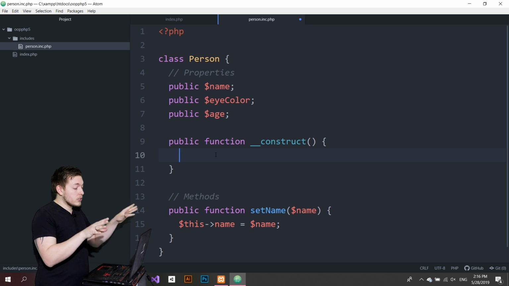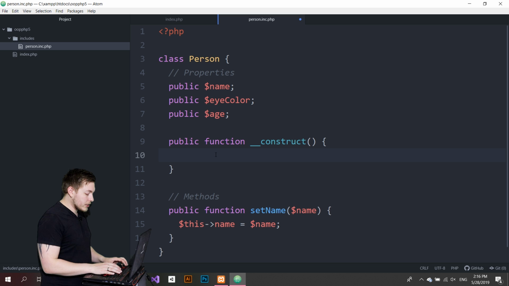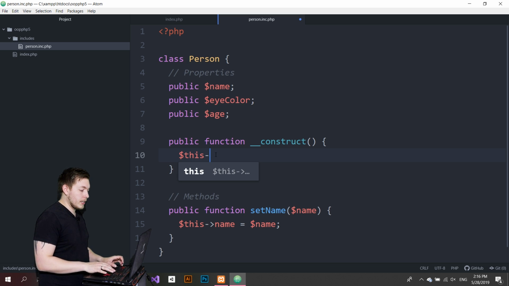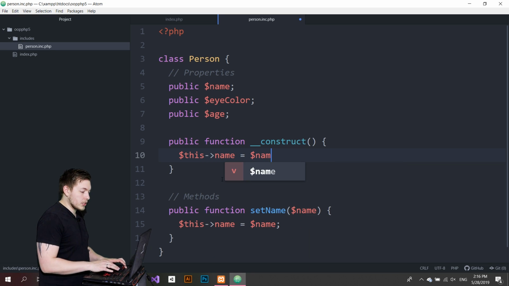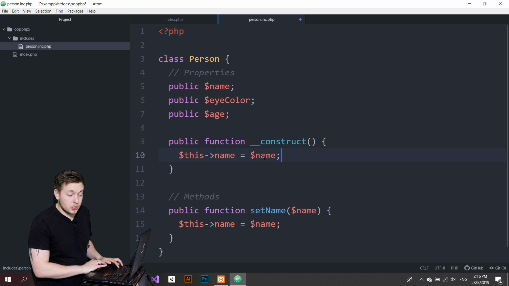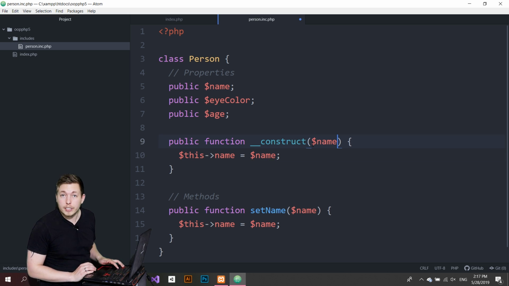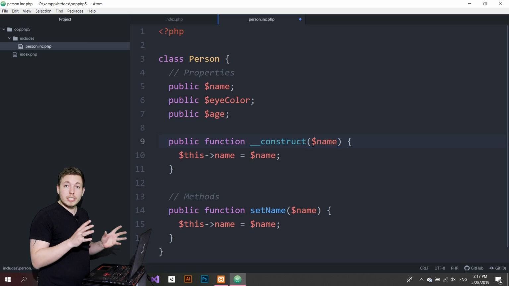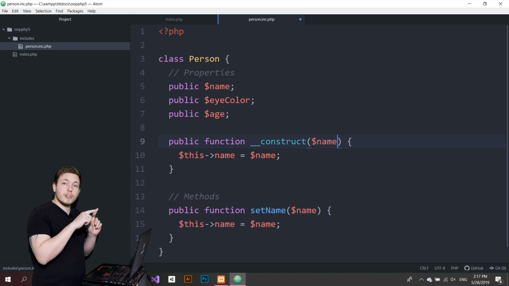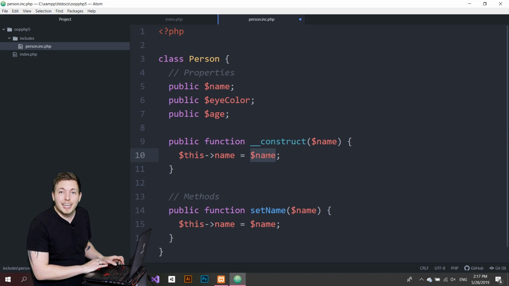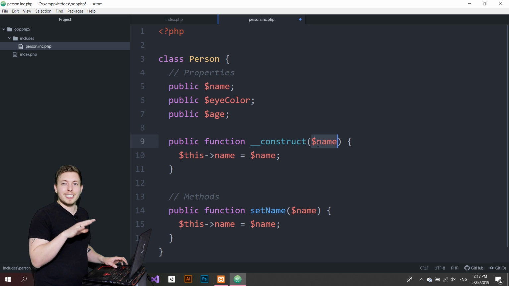And that's because later on, when we actually create objects based off the class, then we assign the values to that specific object. So in here, what I'm first of all going to do is reference this class. Then I'm going to point to a property, and this one is going to be name. And I'm going to assign it a value which is going to be equal to $name. And just like with the last episode down here, $name is not a reference to this one up here. It's a reference to later when we do actually create an object based off this class after we instantiated it. We can actually fill in parameters and fill in the properties. So this $name is a reference to the parameter up here, okay? That's a little hard for some people to understand. That's why I'm putting so much